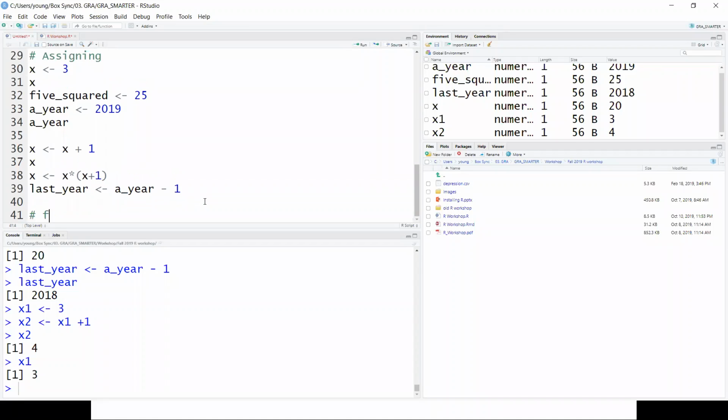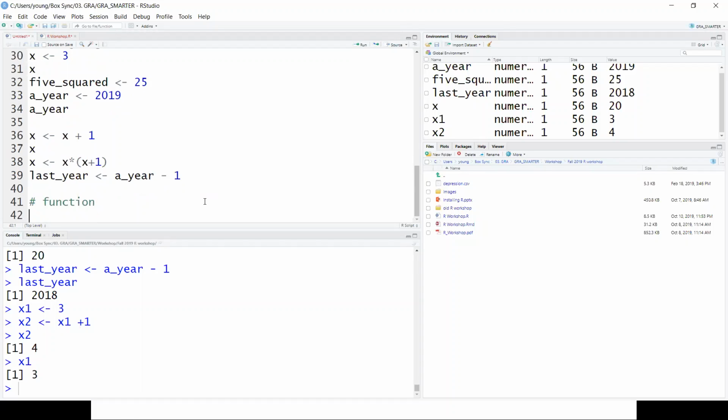Okay, let's go for function. There's a huge amount of functions out there that do really great things in R. And the basic feature of a function is that you have a function.